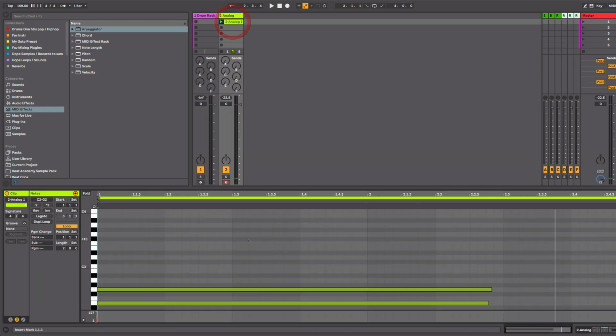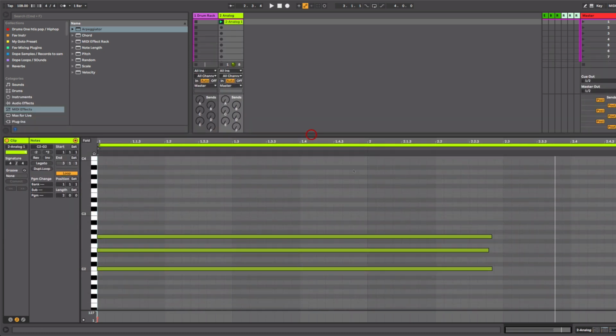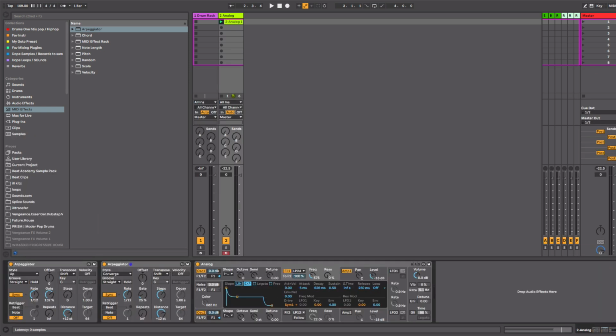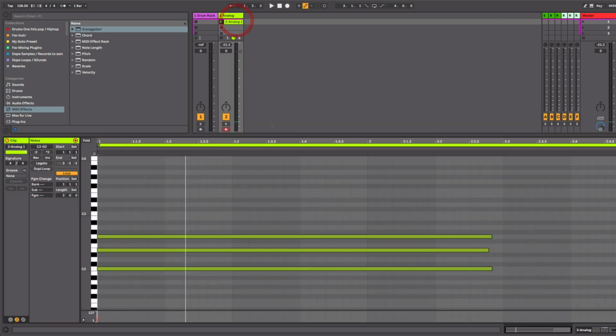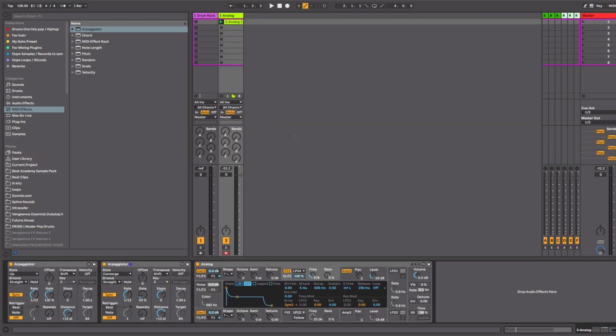Now I just put three notes down, but what tends to happen is we have only the 3 notes here, and if we bypass the arpeggiator, we're only going to hear those 3 notes played. So I'll bypass both of these. But with both arpeggiators, they're being altered by the arpeggiator. Now what we can do is send the output of this so that we can actually capture that cool arpeggiated